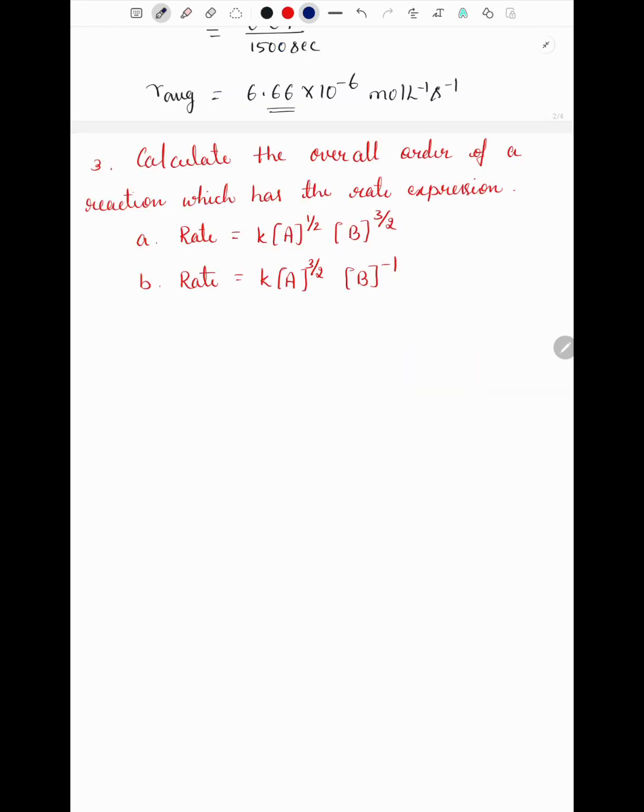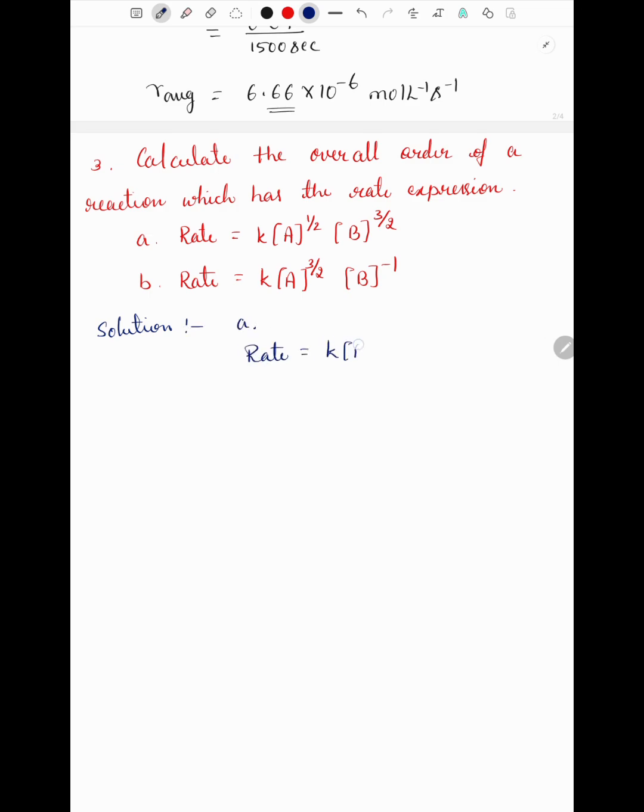Now let us read question number 3. Calculate the overall order of a reaction which has the rate expression. First, in part A, rate equals K into concentration of A power 1 by 2, B power 3 by 2. Question B, rate equals K into concentration of A power 3 by 2 and concentration of B power minus 1. For this, the solution is, for any reaction, we will express the rate as